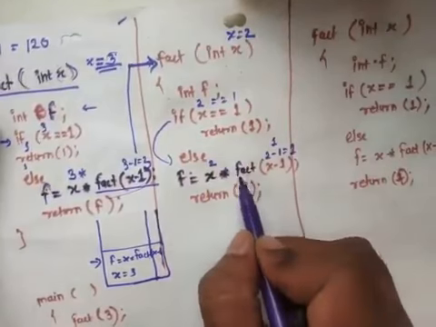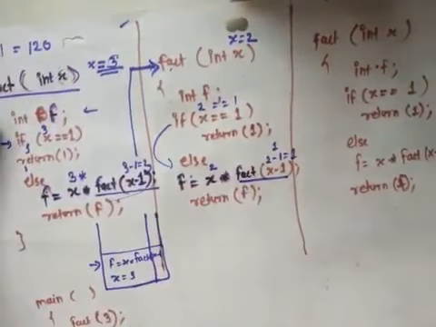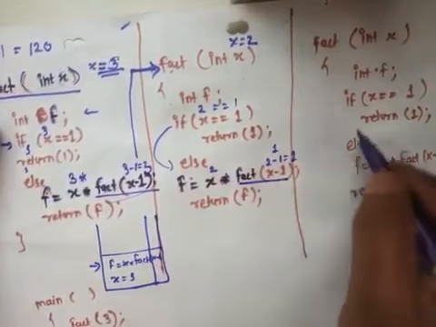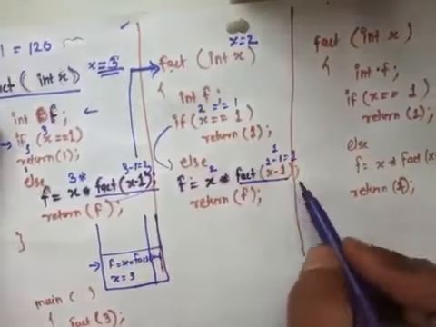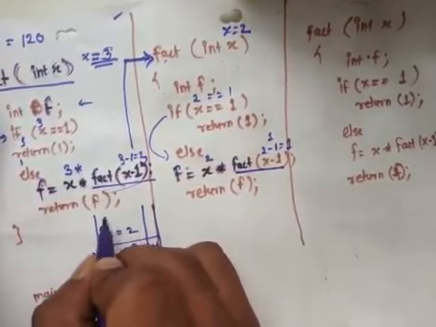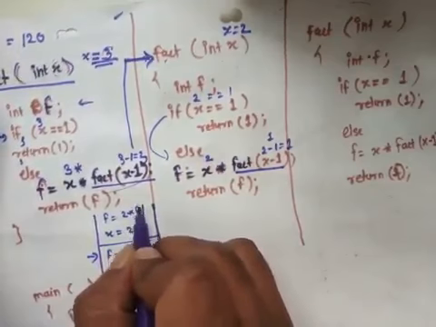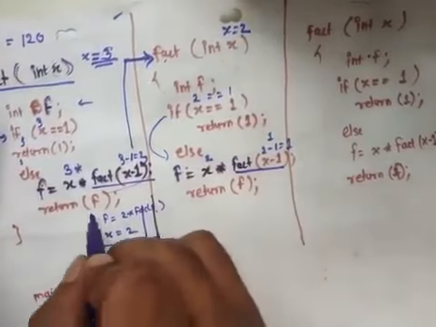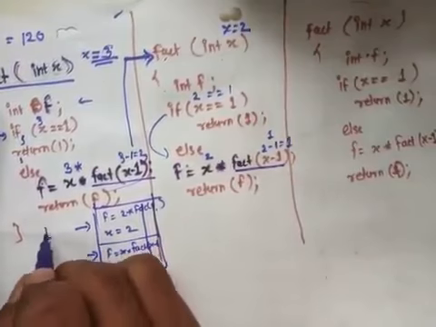So what happened here again? We are calling a recursive function call. We are calling the function itself again. Before jumping the control from this to a new copy of factorial, it will copy all the flag values and variable values on the top of the stack. Now again here x is equal to 2 and f is equal to 2 into whatever factorial value comes from that function. So the compiler copies this content again at the top of the stack. So now your top is pointing to here.